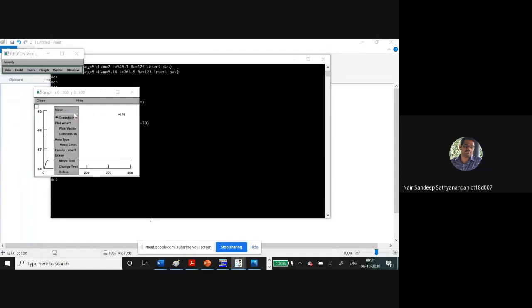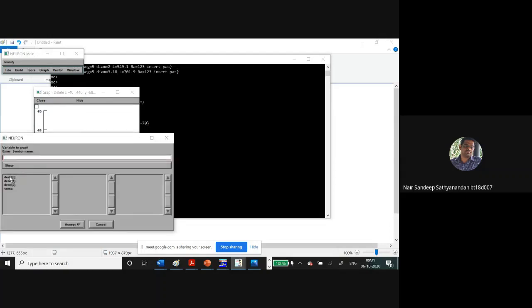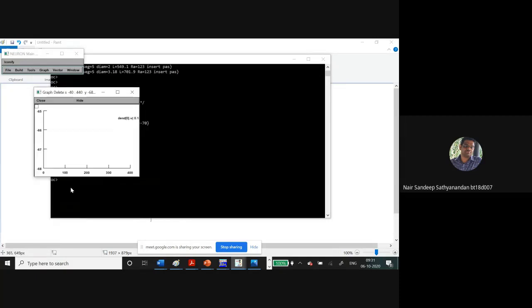We can go here, right click, and then first delete that element, whatever is there. So this one I delete it. Then we can go plot what. Let us plot the dendritic current. 0.1, that is towards the proximal end, and then let us take another instance.